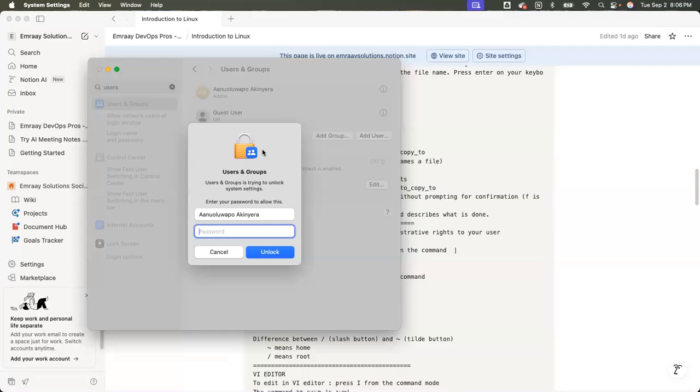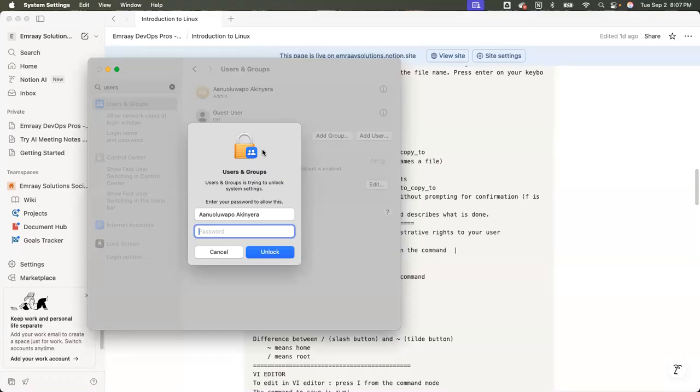It's still the same you, the same Aderonke's computer, the same Aderonke that is the system. But Aderonke needs to assume a higher privilege to install that application on the computer. And what that translates to in Linux is sudo.